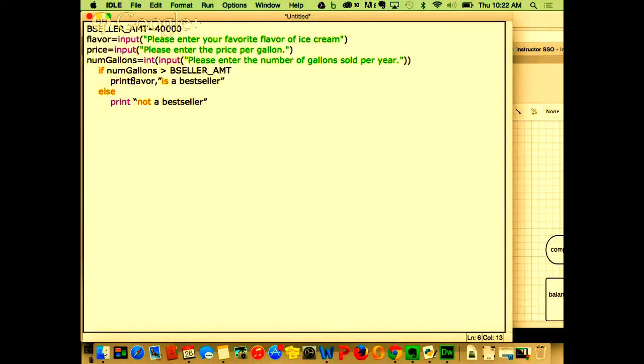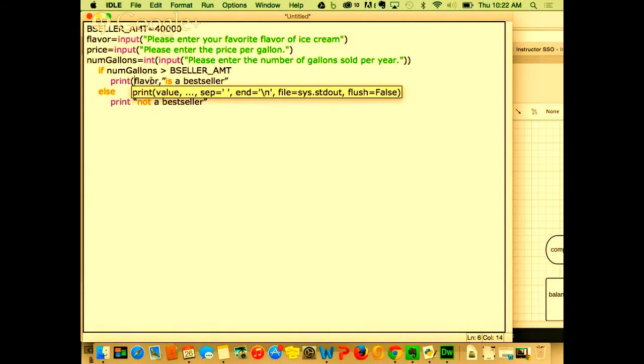So this way it's saying change what they put in from a string to an integer and put it in number of gallons. Okay, so if number of gallons is greater than, now does this have to be declared up here as an int? I don't know, in Python. We'll try it this way. You guys probably know. Y'all can tell me if you know. Okay, if number of gallons is greater than best seller amount, print, and then what we want to print needs to be the flavor, comma, I'm going to put a space, probably,